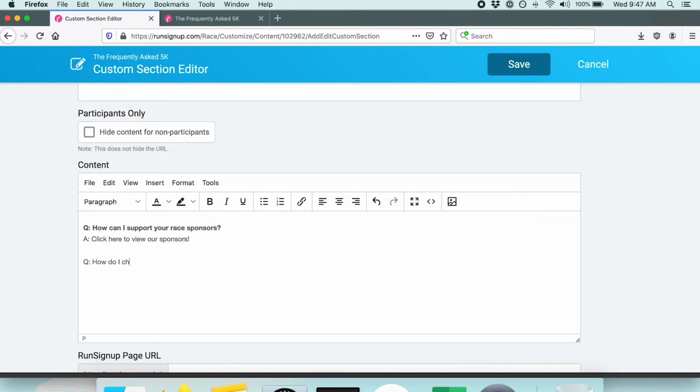How do I change my shirt size? Or anything like that. So in this example, we're going to also show you how to use the custom how-to links in the RunSignup knowledge base to add and help participants with their information. So here, we're going to hold the Shift key down and hit Enter, and we're going to add an answer. It's like, click here to view a guide on